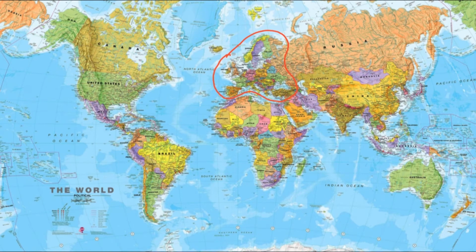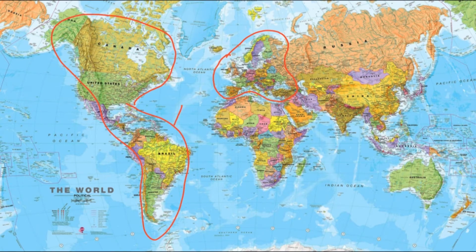Alright, so what can we see on the map? What kind of geographical vocabulary can we learn? Well, first of all, you have the continents. You've got the continents here, so you've got the American continent around here. So you've got South America, North America, you've got Central America, you've got Europe here. Just below Europe, south of Europe, you have the African continent